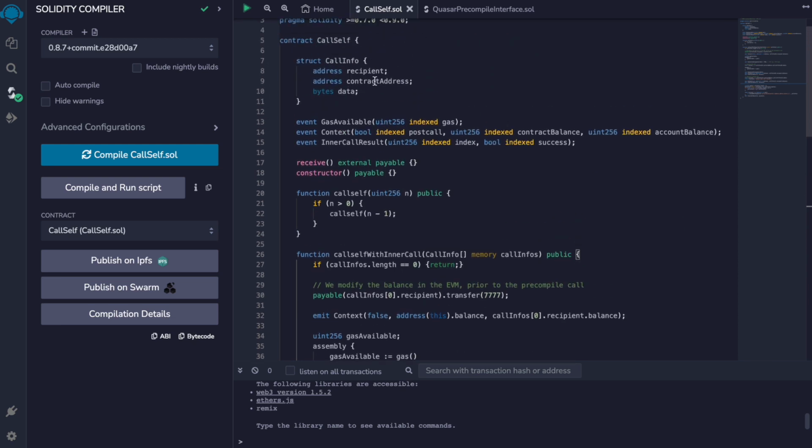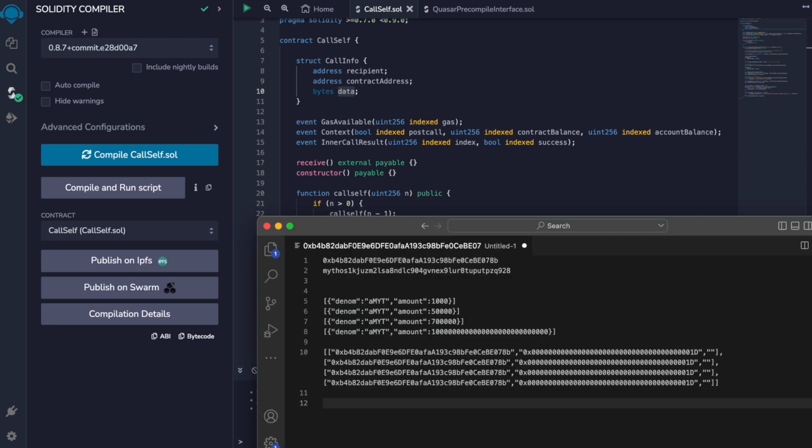And as called, the contract address will be the address of the Quasar precompile. The call data will be some Cosmos bank message send messages, and they will look something like this.